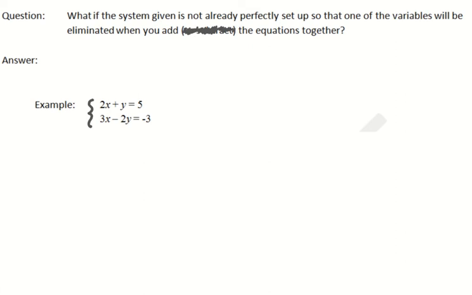Now you might be looking at this and going, well, we can do the substitution method. That wouldn't be so bad with this system. And you're right, but I want to do the addition method, the elimination method. So what do we do? Answer, you